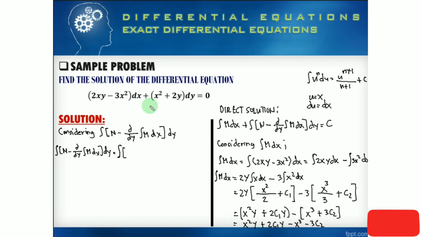We have our n, which is this one. This is m dx plus n dy, so this is our n. So we will substitute the n, which is x squared plus 2y. So we may write here the quantity x squared plus 2y, and then we have here